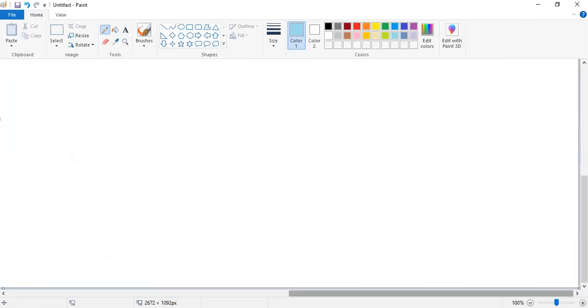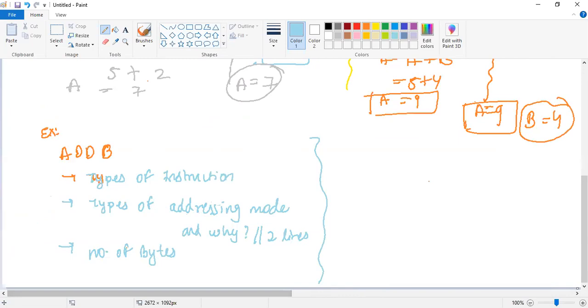So what you have to write? So you have to write in this way: before execution. Before execution, assume a is 4, let's take a small number, and in your b is 3. Okay, now you have to write after execution. After execution,